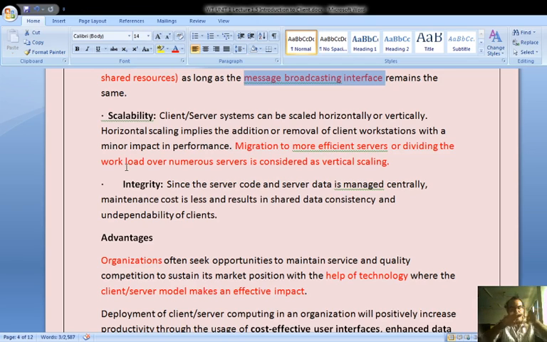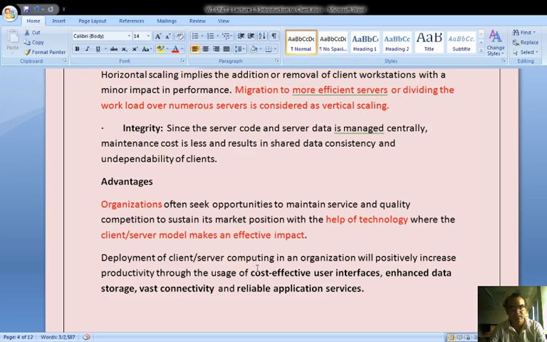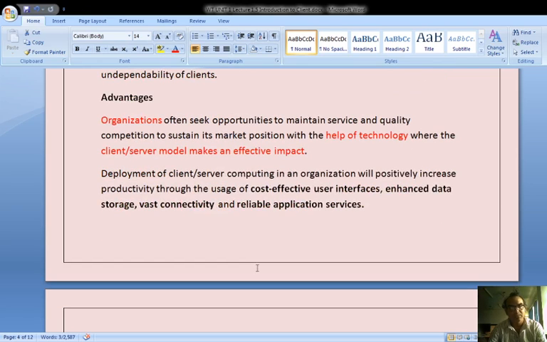So in horizontal scaling we have client extensions, and in vertical scaling we have server extensions. Next is integrity. Since the server code and server data are managed centrally, maintenance cost is less, and the result is shared data consistency and dependability for the clients.